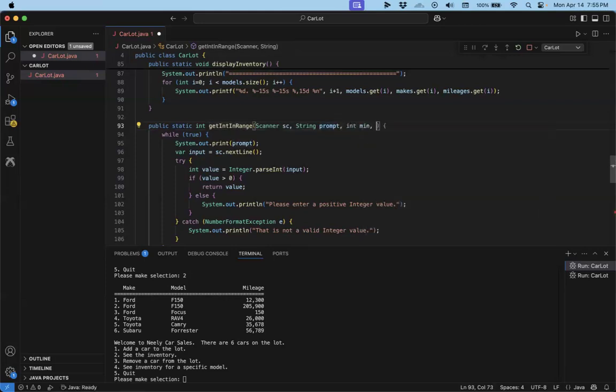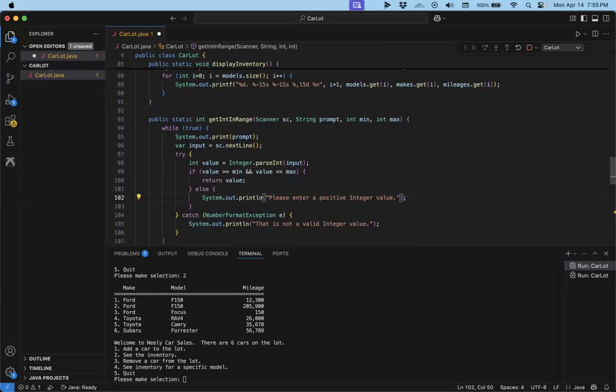I'll add 2 parameters. And then really all I want to do is change the value here. So value, I just want to change this if statement. If value is greater than or equal to min, and value is less than or equal to max, then return. Otherwise, please enter a positive integer value